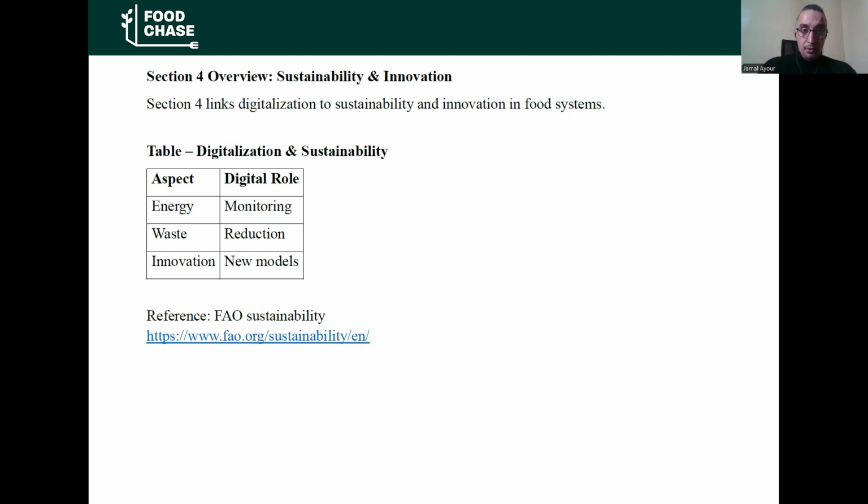For this section, the objective is to create links between digitalization, sustainability, and innovation in food systems. And like the last section, section number 3, we will talk about the importance of this digitalization in enabling, monitoring, and collecting data using different tools for each stage of the production chain.